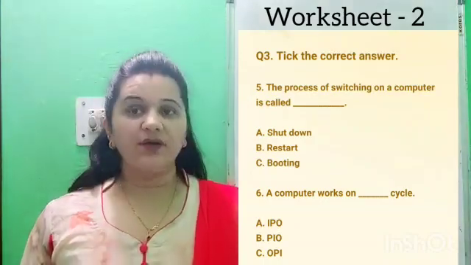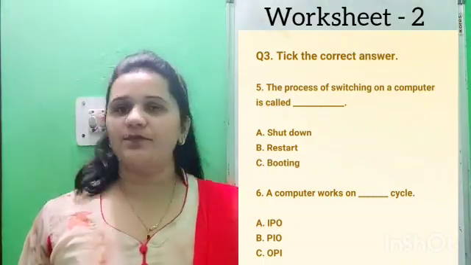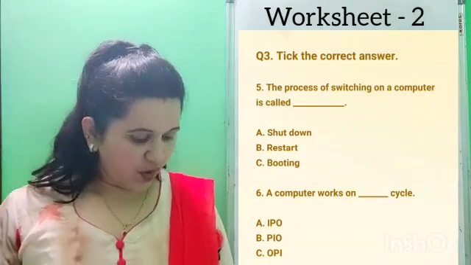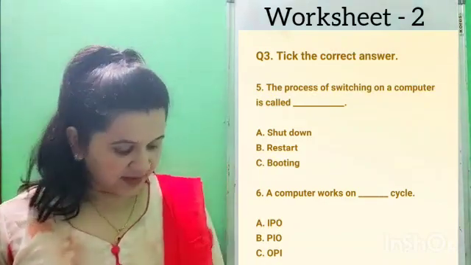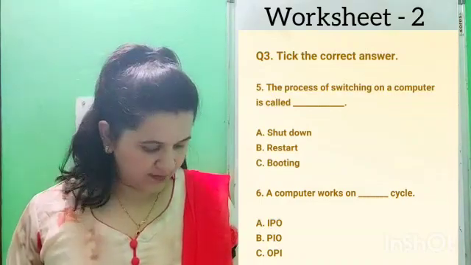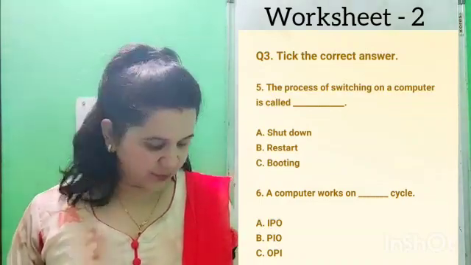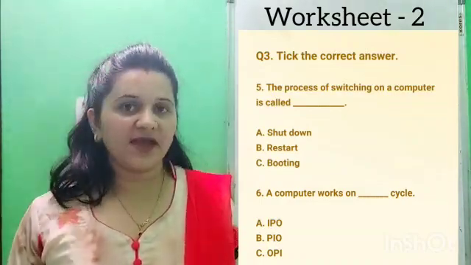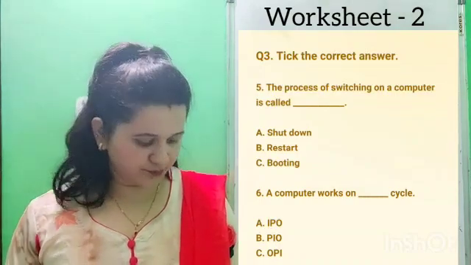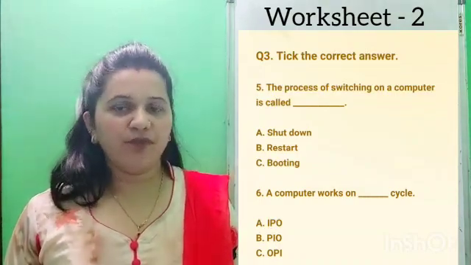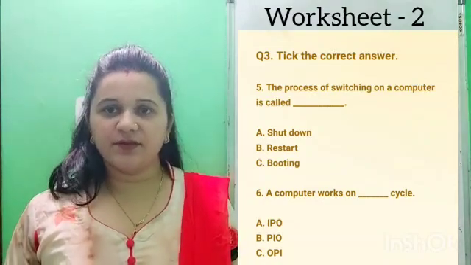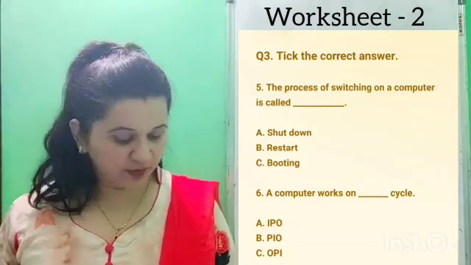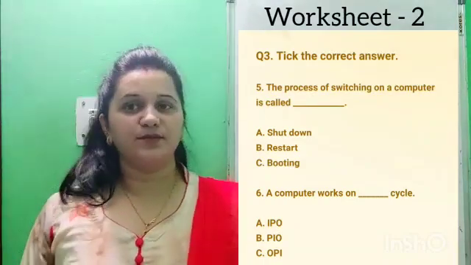Okay, now the 6th one, a computer works on dash cycle. A, IPO means input process output. B, PIO process input output. And C, OPI output process input. We have studied about the process of computer, so you have to find out according to which cycle the computer